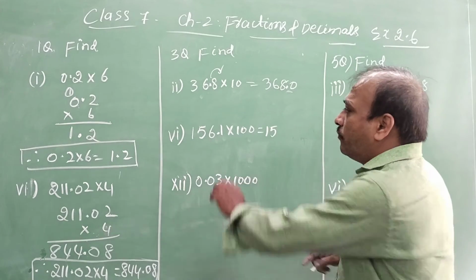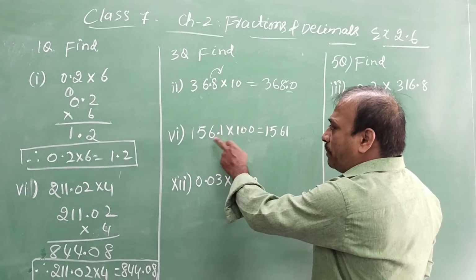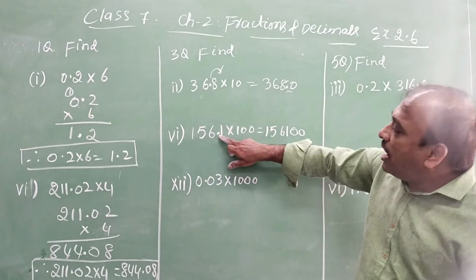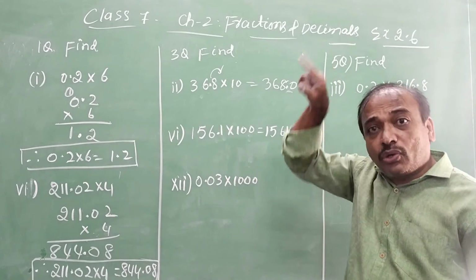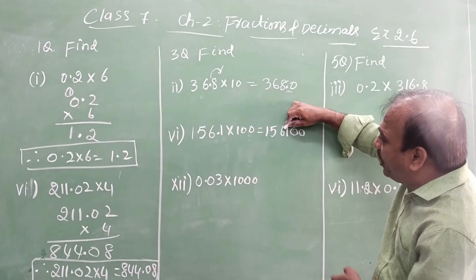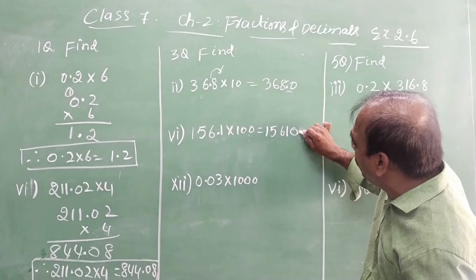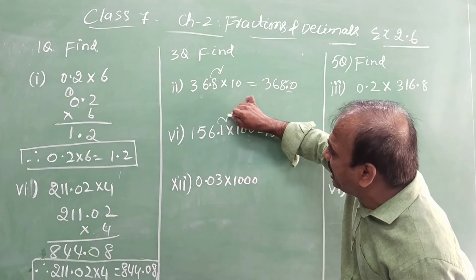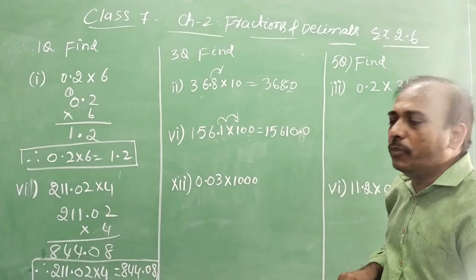Similarly, the next question, which is 156.1 into 100. Forget about this decimal. 1561. If you multiply with 1, besides you write 2 zeros first. Then how many zeros are there? 2 zeros are there. So it has to move 2 decimal places from 1. Actually the point is here. So 1, 2. So you have to place the decimal point over here. This is the answer. It has to move 2 digits. 1, 2. Are you following? 2 places it will move.